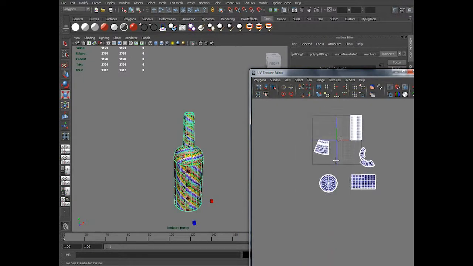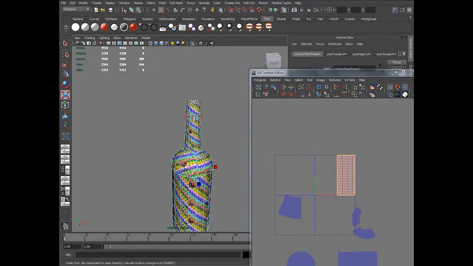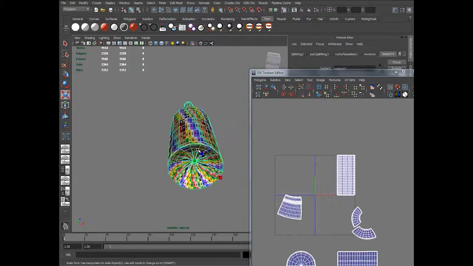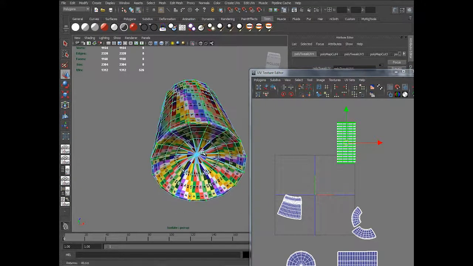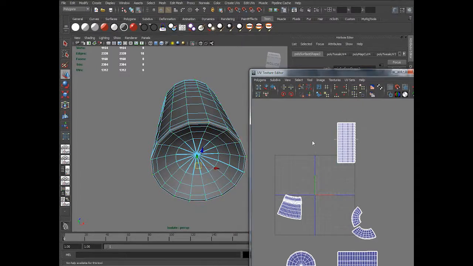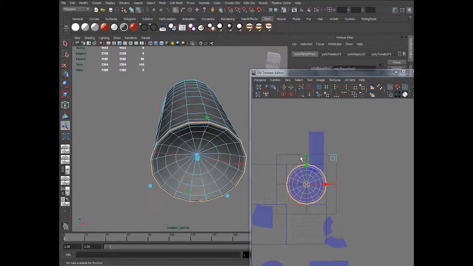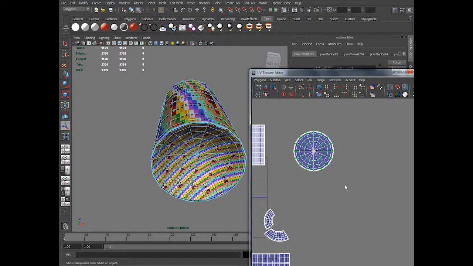The way I did the outside, I do the same with the inside faces. So I use the isolate selection tool and I got the inside part. I select the faces here, apply planar mapping, unfold.